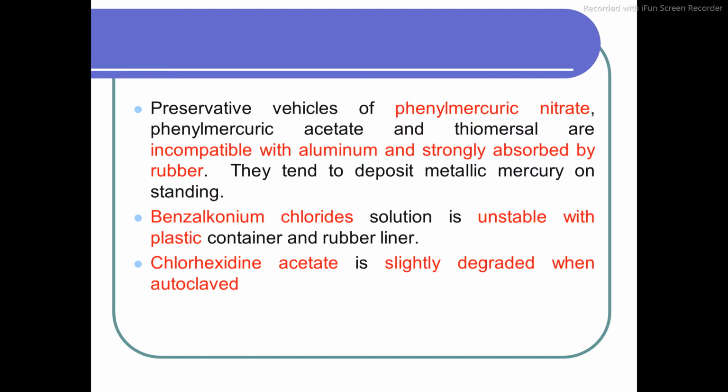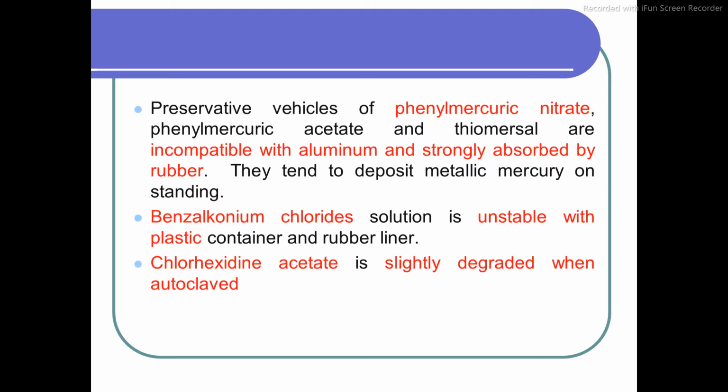Preservative phenyl mercuric nitrate is incompatible with aluminum and strongly absorbed by rubber. So that's why phenyl mercuric nitrate is not allowed to be stored in a container made up of aluminum and rubber closure. Next preservative, benzalkonium chloride, may be unstable with plastic container. Then the third one is chlorhexidine acetate, which is slightly degraded when autoclaved. So that's why